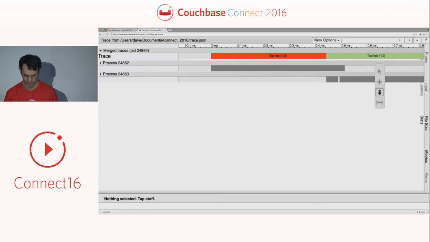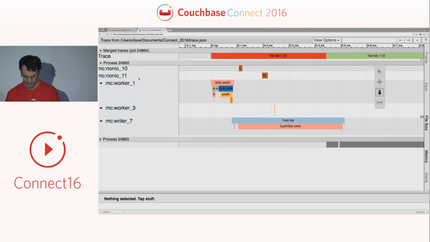So if I expand the first of these, we can see a number of threads. We have worker 1 and worker 3, and we have a writer thread at the bottom. We have two non-IO threads up here. I'll dive into this and hopefully show you what's going on. So the first thing we're going to see is